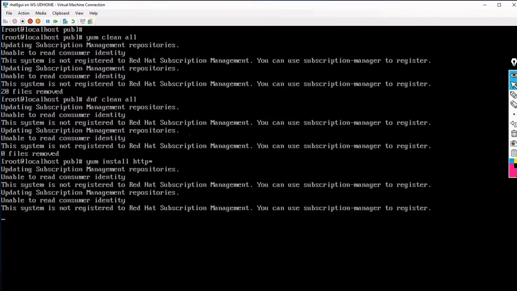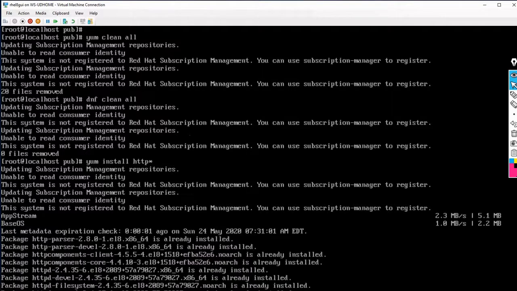I want to install all HTTP packages. It is searching AppStream and BaseOS, and it is finding all the repositories present in the system. Now it's asking, do you want to install, yes or no? I'll say yes. Then it will start installing all the packages.